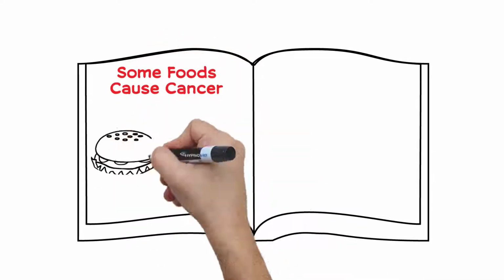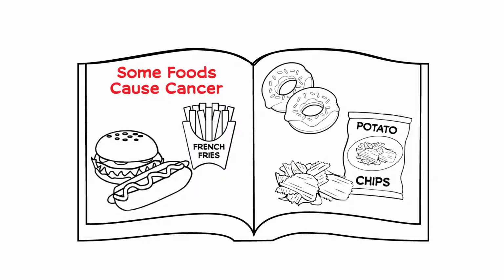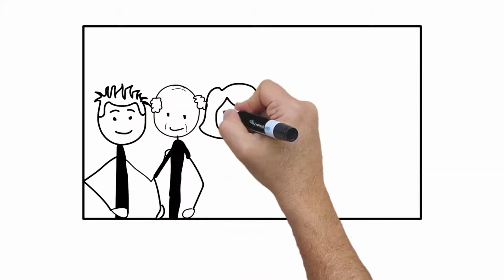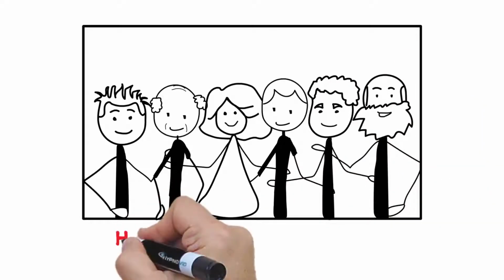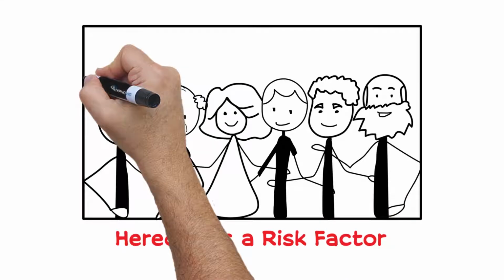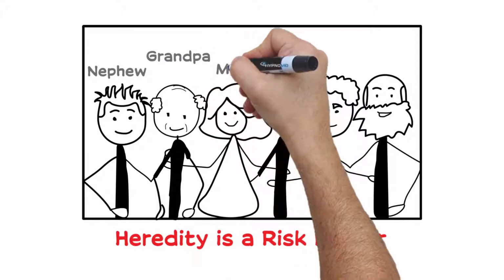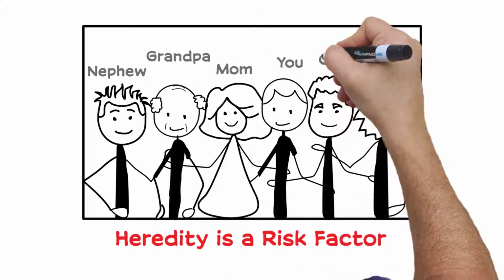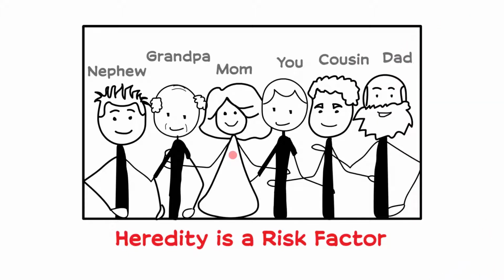Though we do know that certain types of foods and preservatives contribute to higher cancer rates, there are also hereditary risk factors. It's thought that there may be some difference in the genetic code which makes family members more susceptible to these types of cancers. Knowing that there were cases of a specific cancer in more than one blood family member puts you at a higher risk to develop the disease. Some cancers that tend to run in families include breast, prostate, melanoma, and colon.